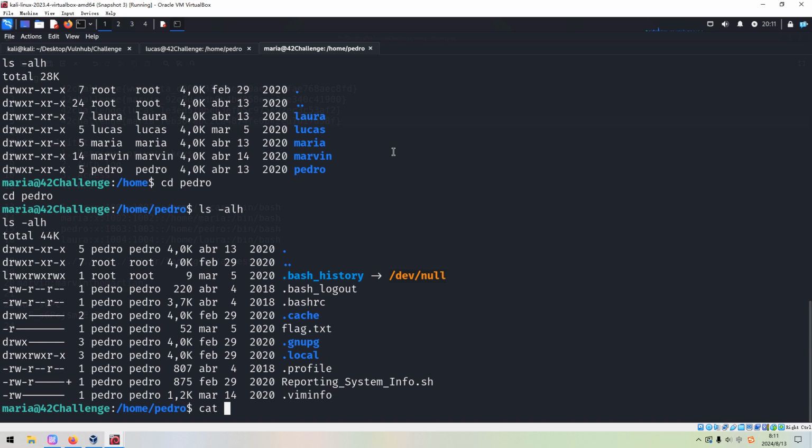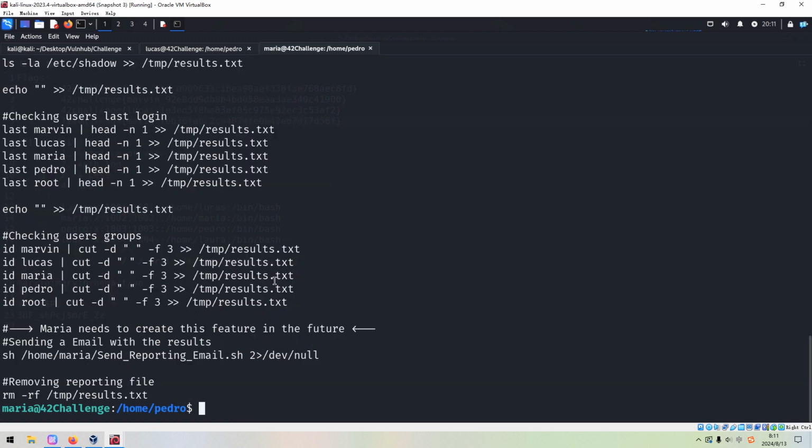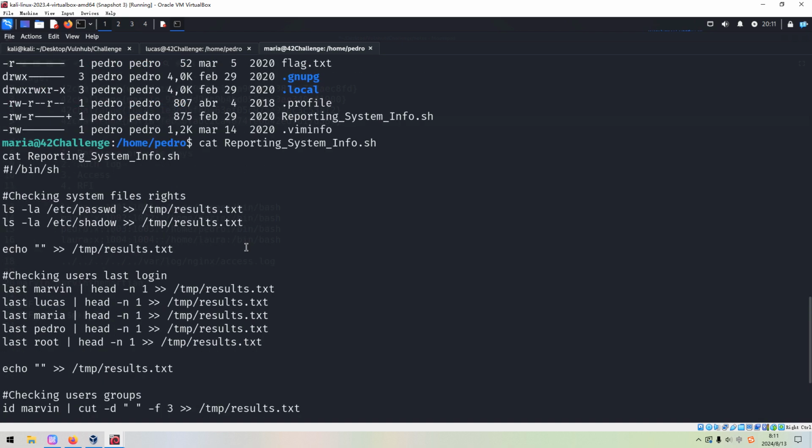We can cat out this one. So I think this should be some sort of shell script. And of course, right now we do not have permission to modify this one. And I think next we need to upload pspy to see whether there is any cron job running. Okay, so how to do?